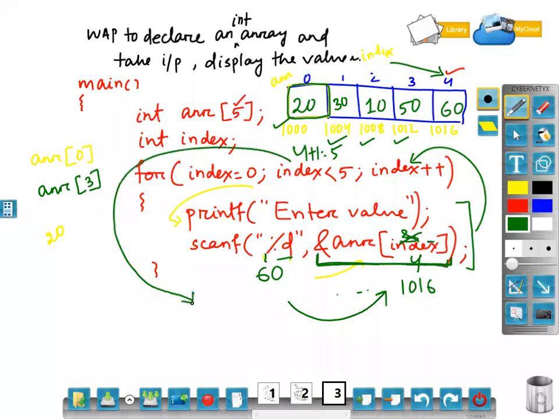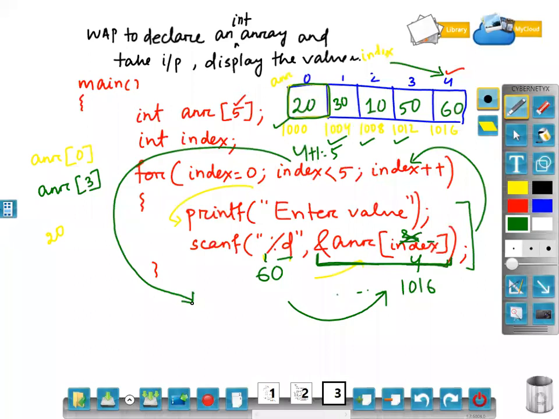Here, this is how you will take input into the array. That means multiple values you can take input in a single variable. As per your request, multiple blocks of memory will be allocated depending on the data type. Sequential memory will be allocated. Then multiple values you will take as input inside a loop.